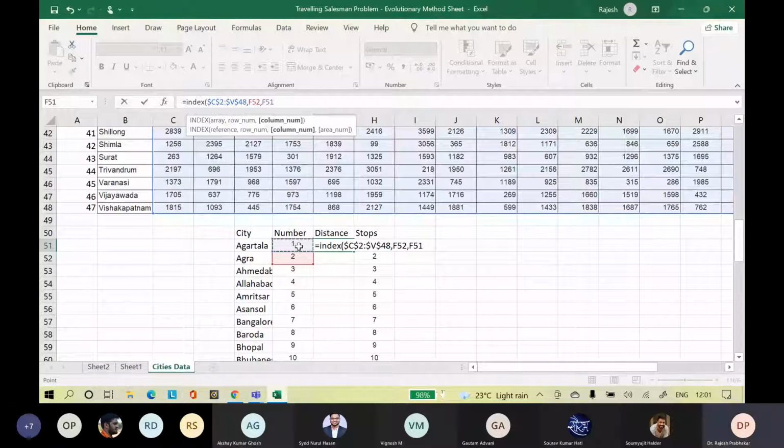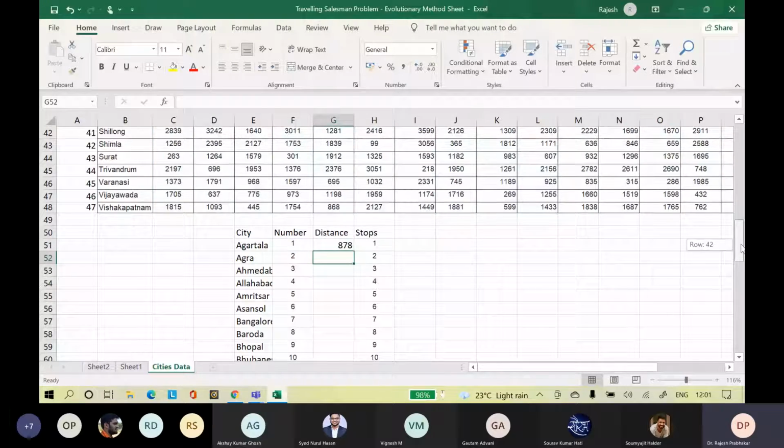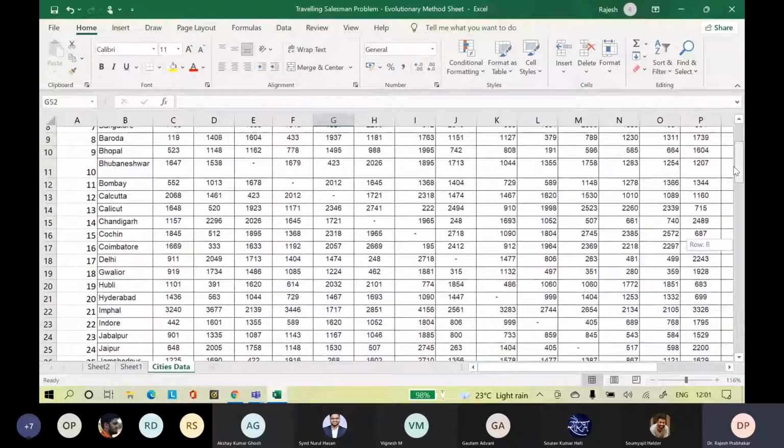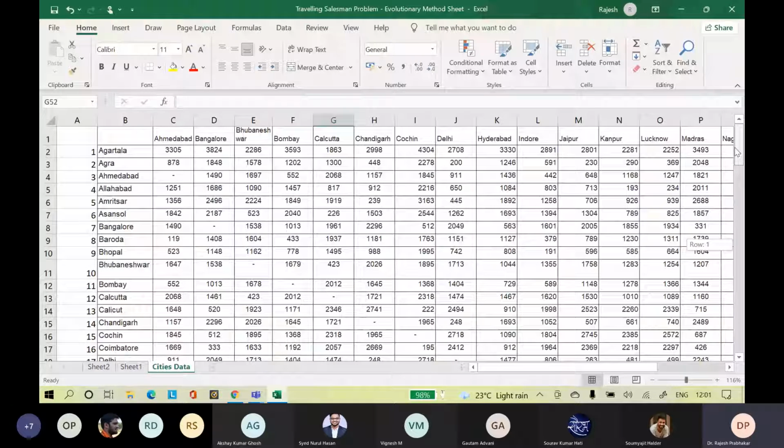So from the array, we are trying to find the distance between Agra and Agartala. Agra and Agartala, the distance is 878. So let us see what is the difference between Agra and Agartala. The names are different here. But we have 47 columns, right?